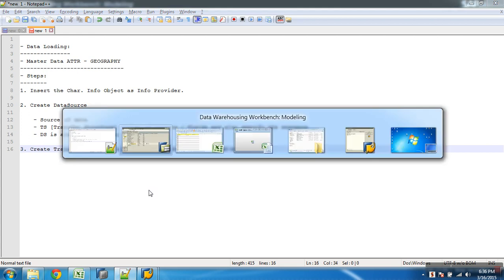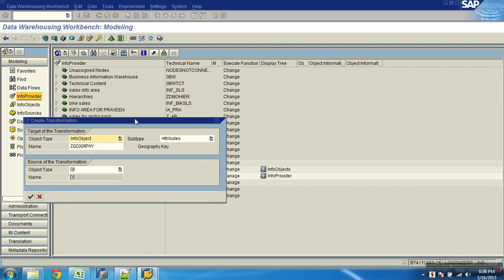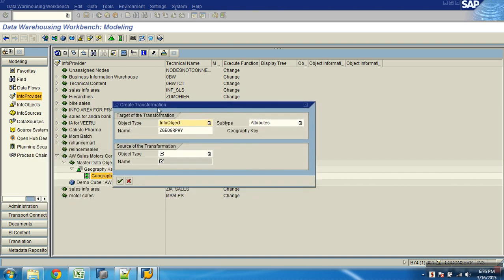So now look, how do I do this? I can right click on this master data attribute and say create transformation. So I am creating transformations. For this transformation, what is my target object? Geography. It has fixed the target as the geography attribute.